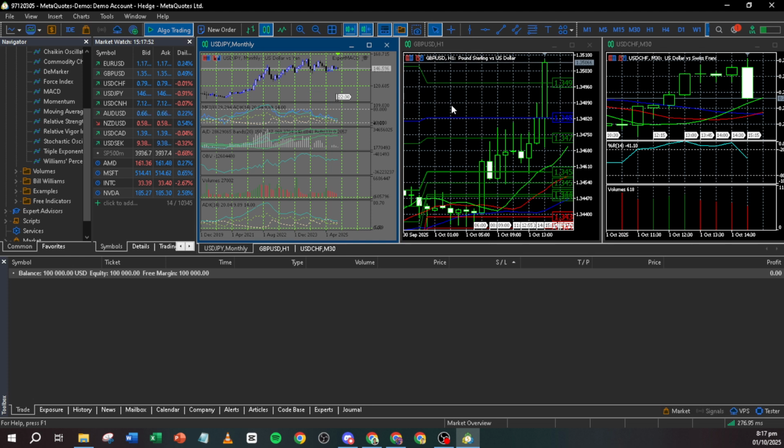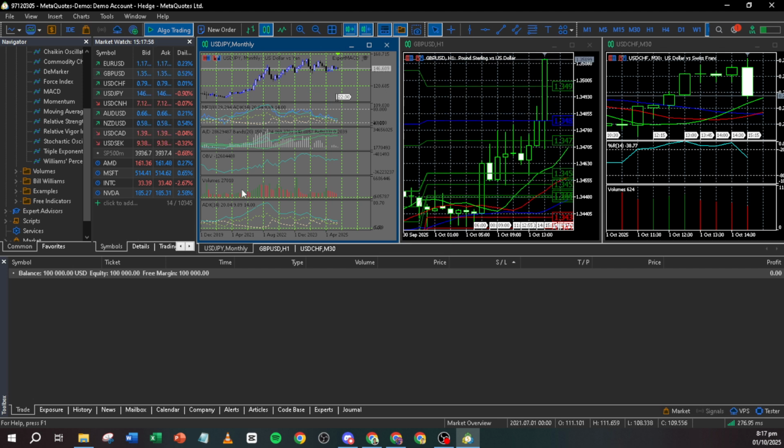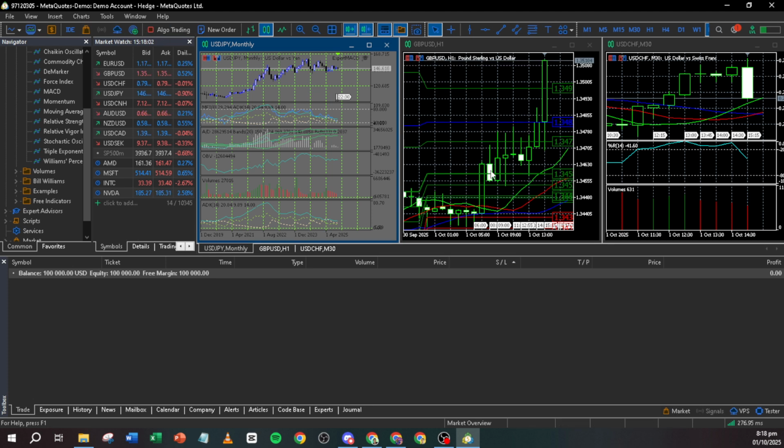This versatile tool can help you make sense of price movements and is often used to confirm trend directions, identify potential support and resistance levels, and even generate trading signals when combined with other indicators. Remember, practice makes perfect. Spend some time experimenting with different periods and settings to see how they affect your analysis. You might find that different settings work better for different market conditions or currencies.